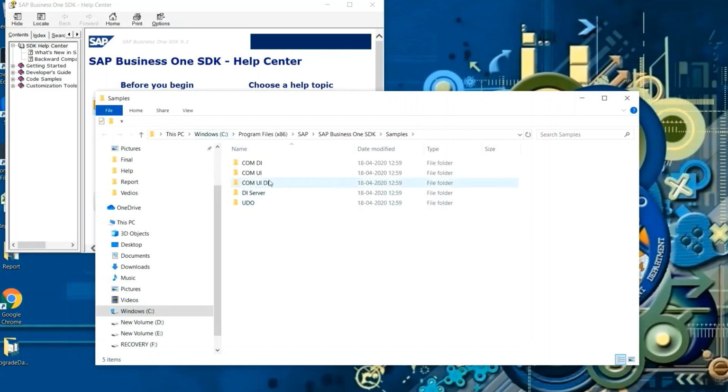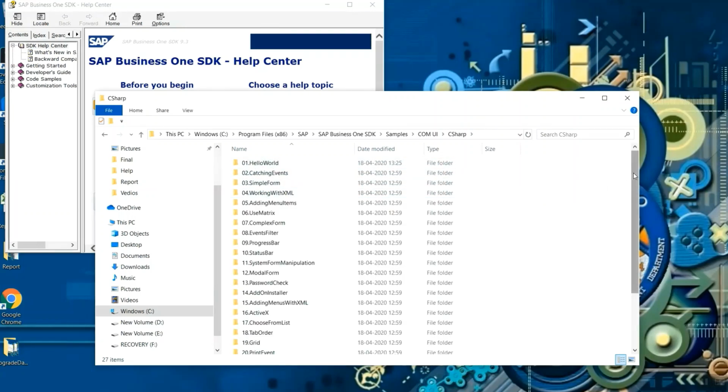If you click on the UI component, you have two options to develop your add-on: VB.NET or C#. I'm a C# developer, so let me explain in C#. There are 27 samples, and each sample contains new things.